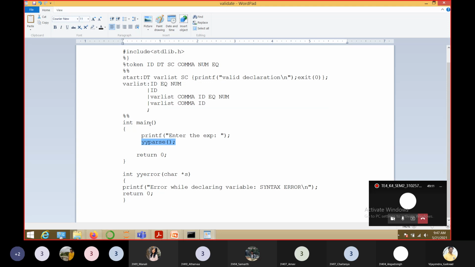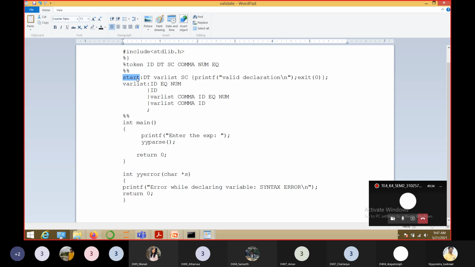Understood the flow? Okay. Once the tokens are generated, whatever expression or declaration is provided by the user will be checked against the grammar rules. In context-free grammar, we have a start symbol.